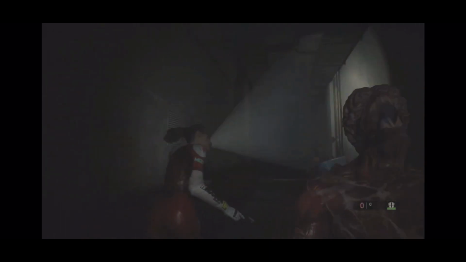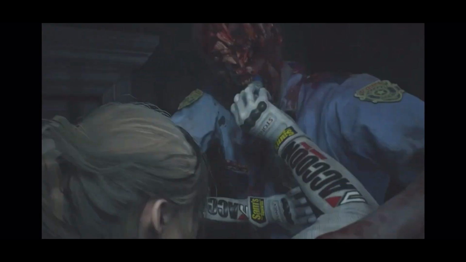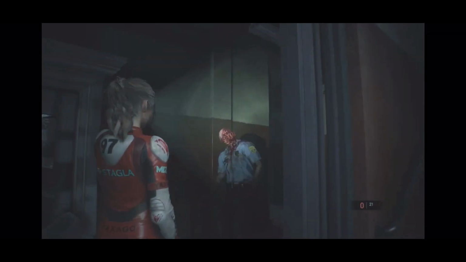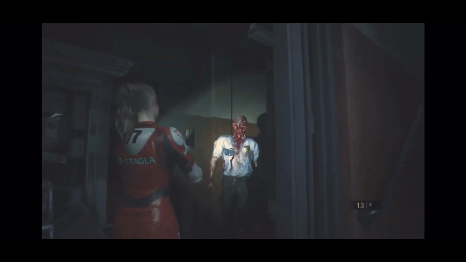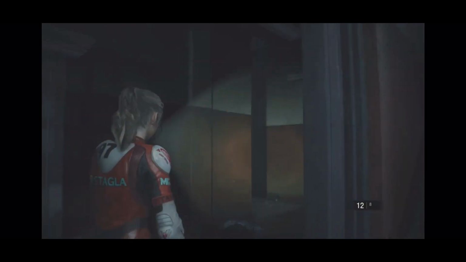For example, stuffing a flashbang into a zombie's mouth and then shooting it so that everything else around it gets stunned is pretty tactical. I mean, imagine you're in the mines and you're being attacked by an alpha mimic, you put a flashbang in its mouth, you shoot it, everything lights up, all of a sudden all the mimics are blind and stunned, and you can use a flashlight to figure your way through there.